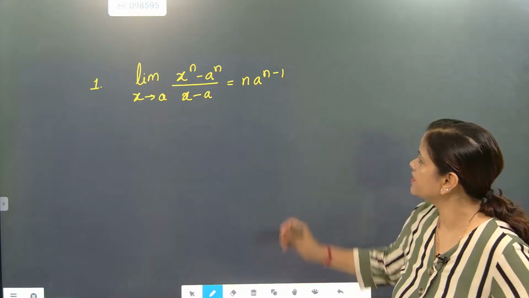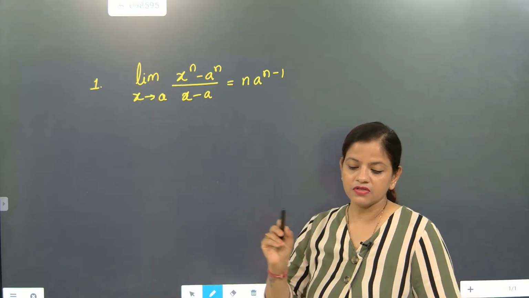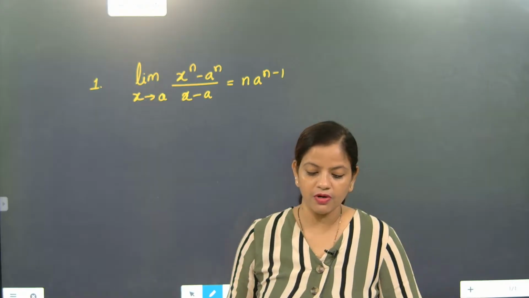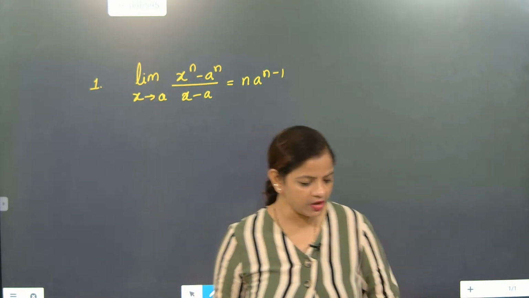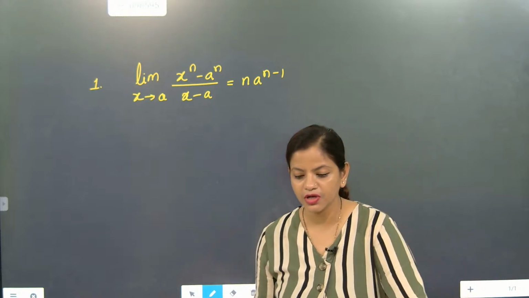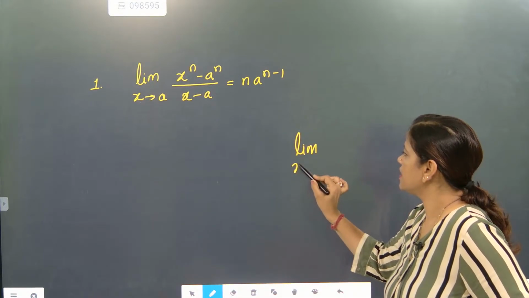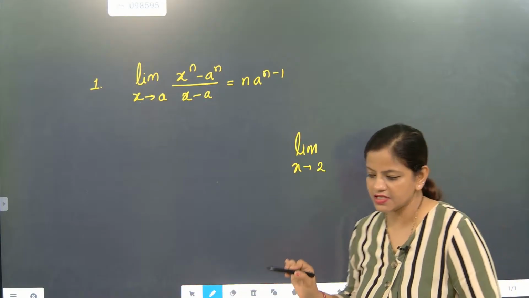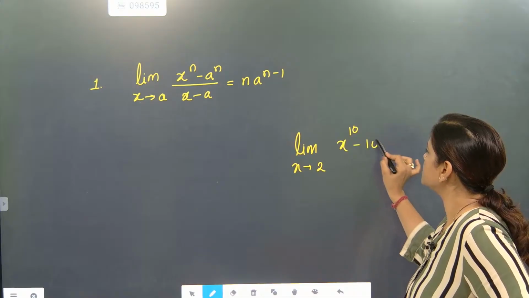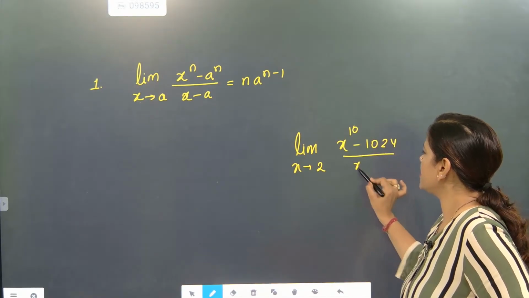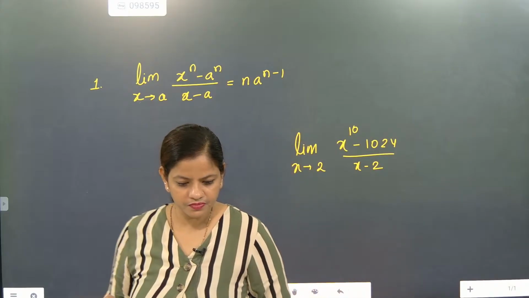Now look here, x to the power n minus a to the power n by x minus a. This is one of the most important formulas of limits. So when somebody asks you any question like this, how are we going to proceed, in very short? Like limit x tends to 2, check very nicely, limit x tends to 2, x to the power 10 minus 1024 by x minus 2. If anybody gives you this question,